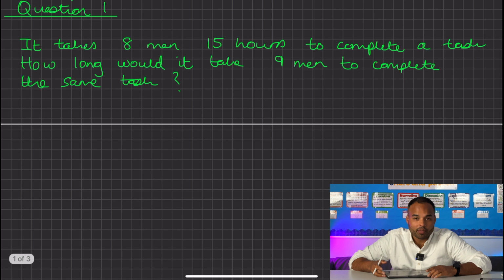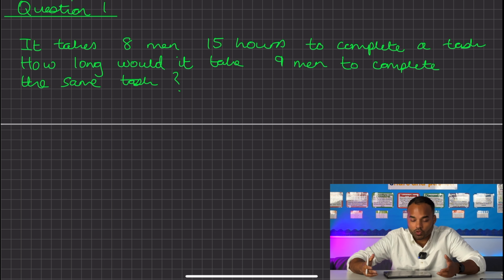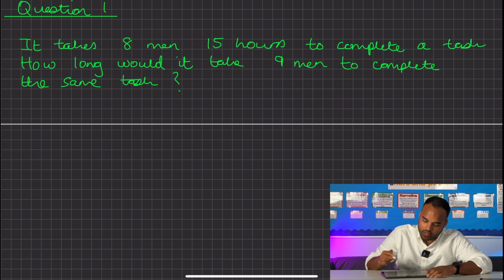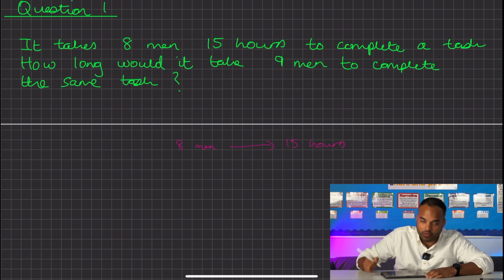Right, so this is an inverse proportion problem, because you would generally assume that the more men you have, the more manpower you have, the less time it takes to complete this particular task. So we're going to assume over here that the men all work at the same rate. Right, so if we have 8 men that take 15 hours to complete this task, I like to start off